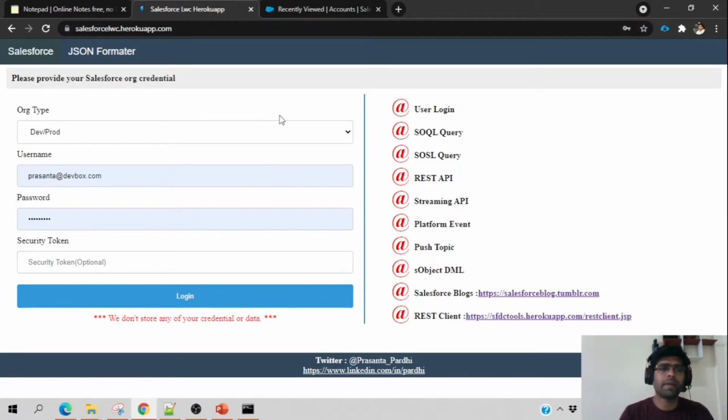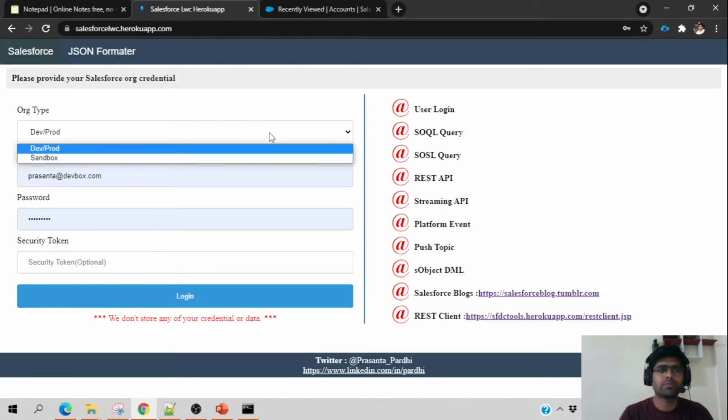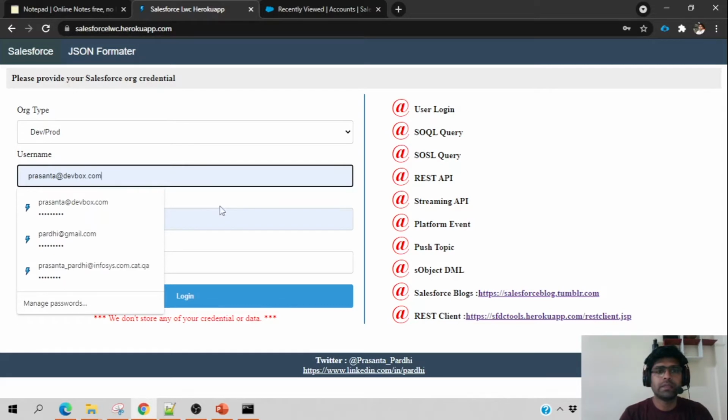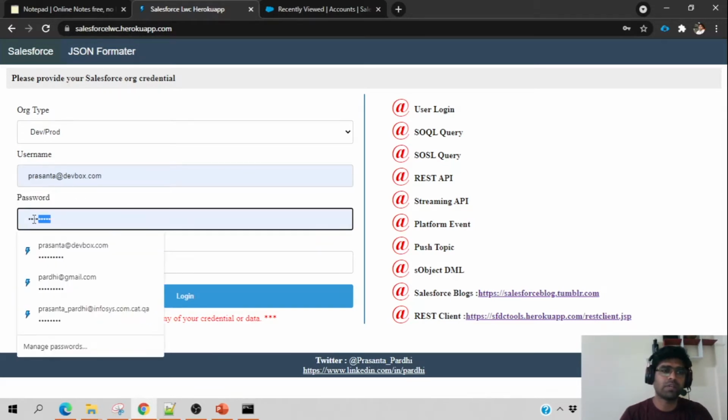Now my page is loaded. I have an option here. If you are trying to connect to a sandbox, you select sandbox. If you are trying to connect to a dev box, you select dev box, but don't do it in your production, as that is not recommended. Then provide the username and the respective password for your administrator account.